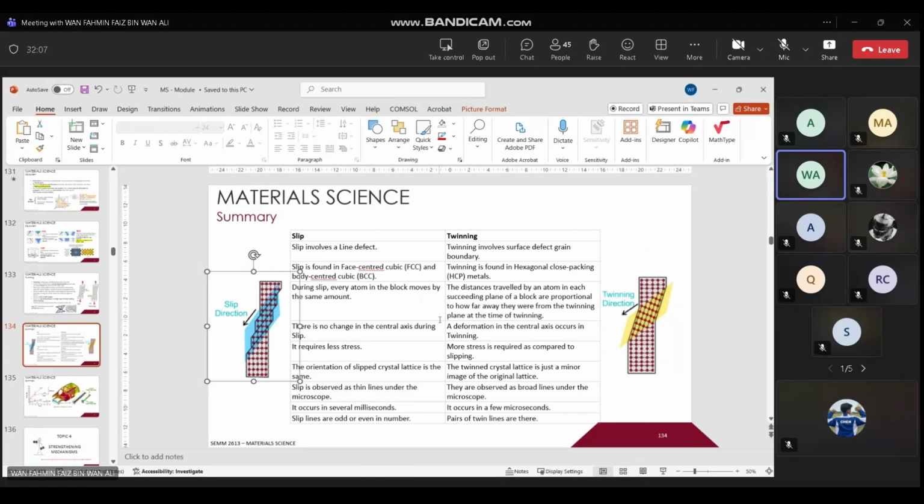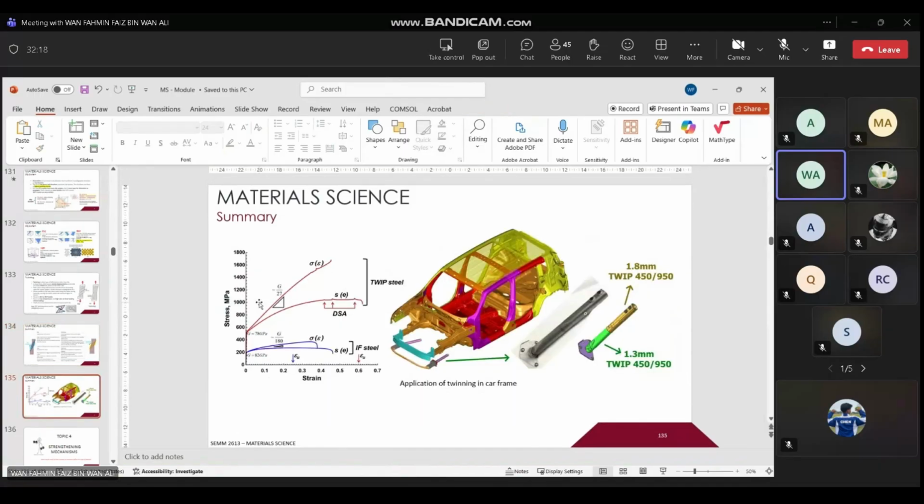You can select any other 2 or 3 comparison points. I think it's enough for the comparison between slip and twinning. Right, let's have a look at a brief overview of where twinning is used. Twinning, the process basically tweaks the material, for example twinning-induced plasticity. It is used in cars and automotive bodies, where one part of it